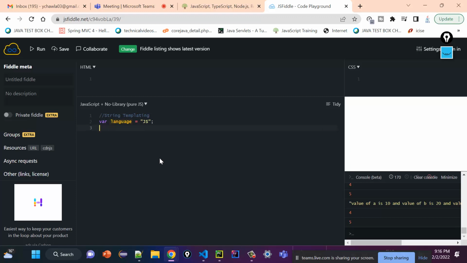Now I could make a sentence out of it: dollar sign, curly brackets, language, is for web page development. So if I print this,